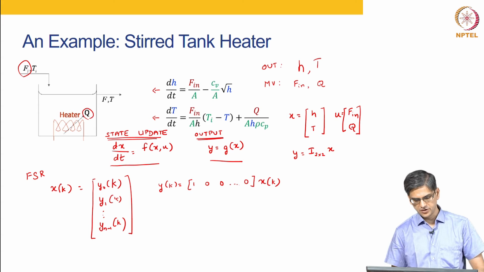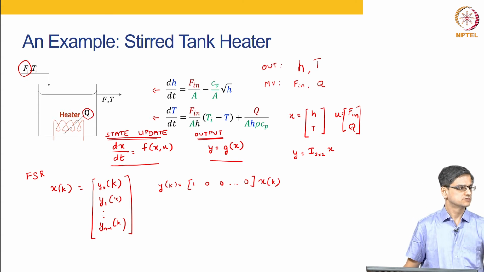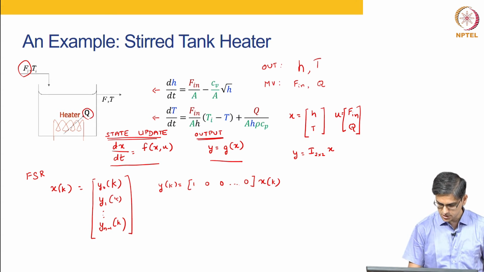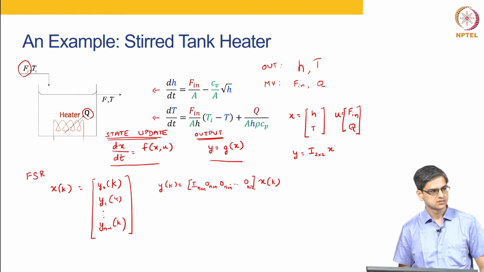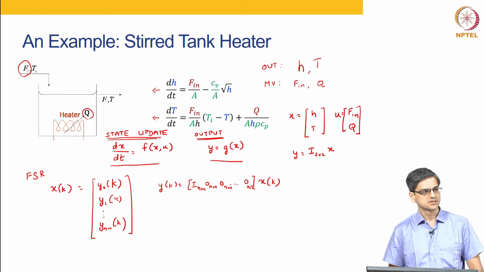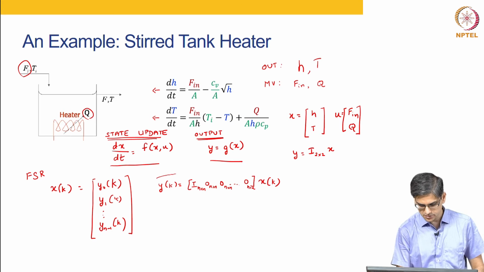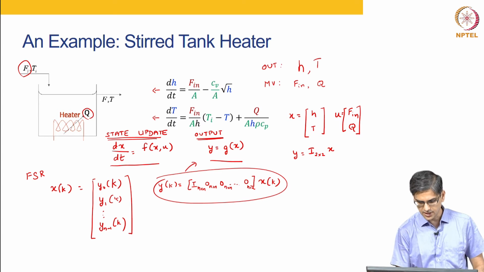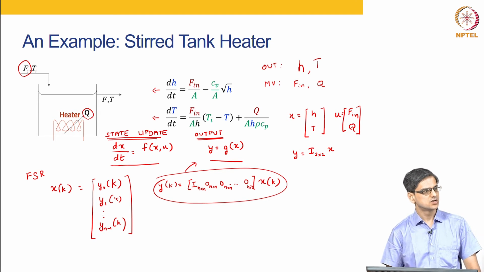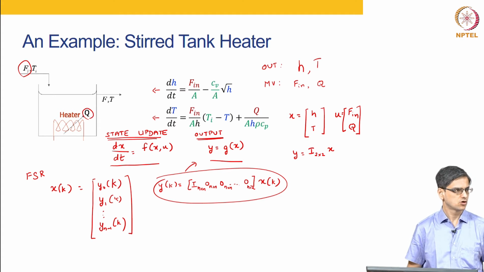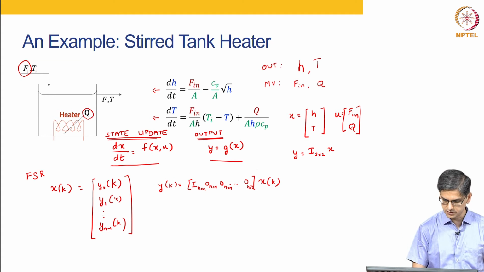Okay. And if we are going to talk about MIMO systems, then this is going to be an n by n identity, and then an n by n zero matrix, n by n zero matrix, n by n zero matrix. That is all. Okay. So this equation has been replaced by this for a nonlinear state space model. That is the only thing.